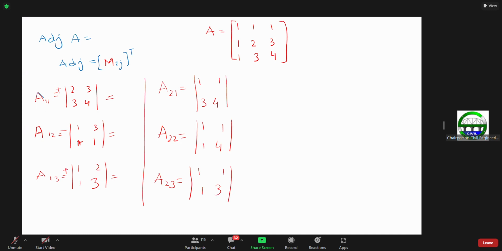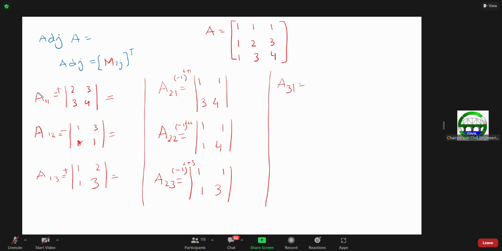So plus, minus, plus. So there is another way we can take the sign. So just add like minus 1 raised to power 2 plus 1. Minus 1 raised to power 2 plus 2. Minus 1 raised to power 2 plus 3. Okay, and then the last one, it will be equals to A31